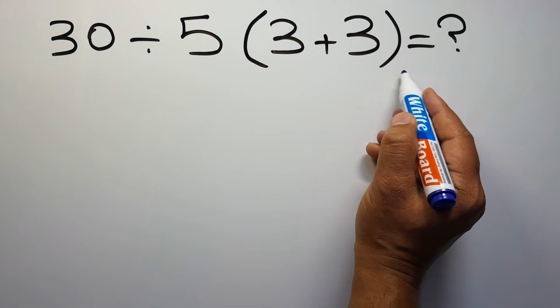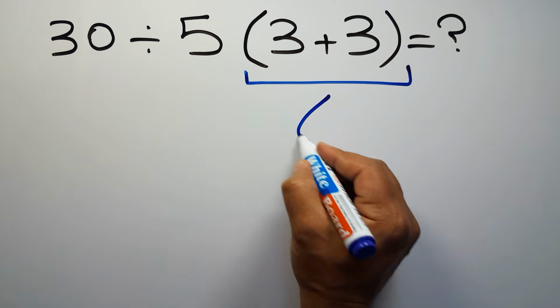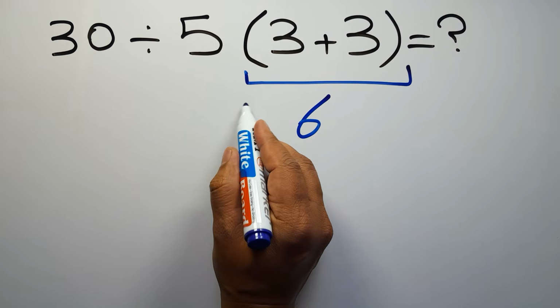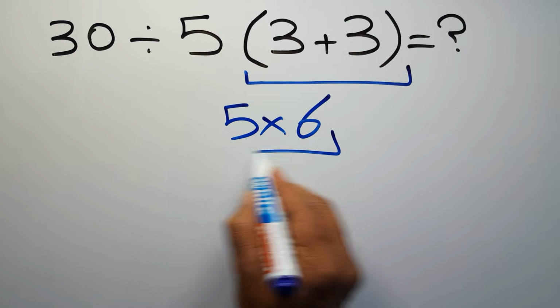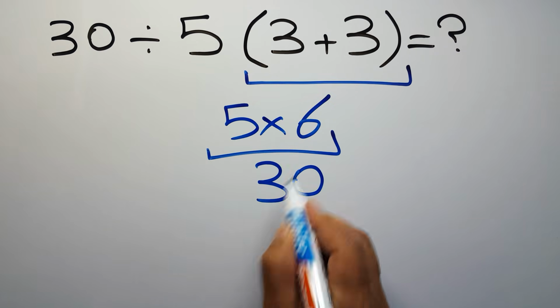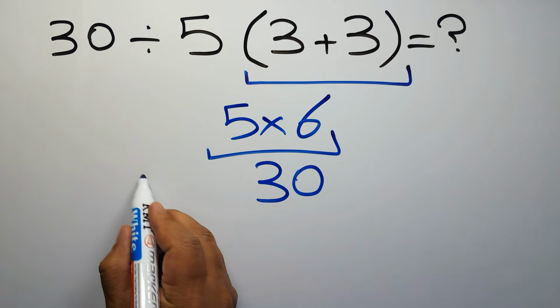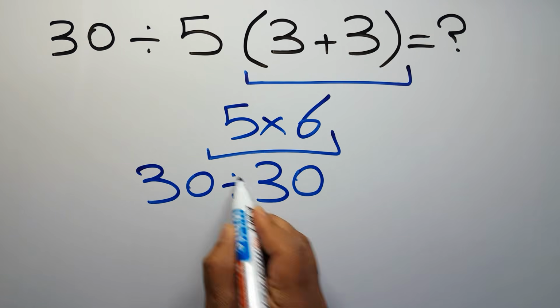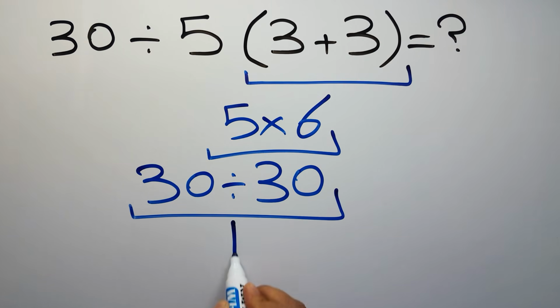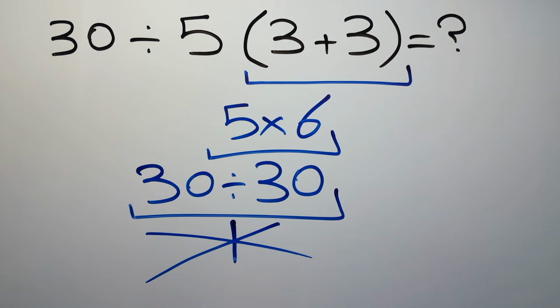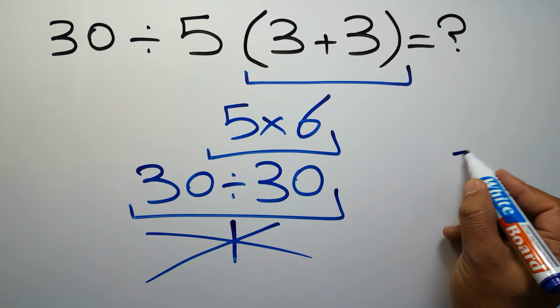3 plus 3 gives us 6. And 5 times 6 equals 30. So 30 divided by 30 is just 1. But this answer is not correct, because according to the rule of operations, which is PEMDAS,